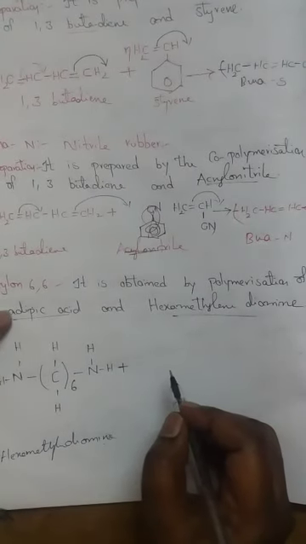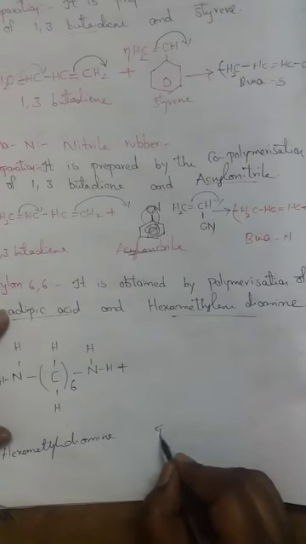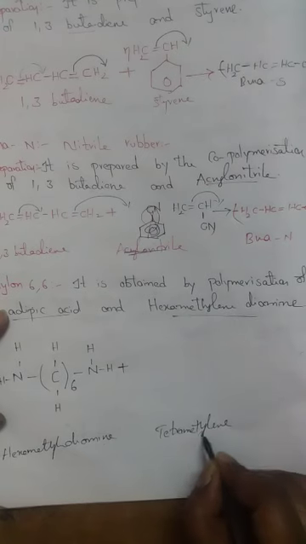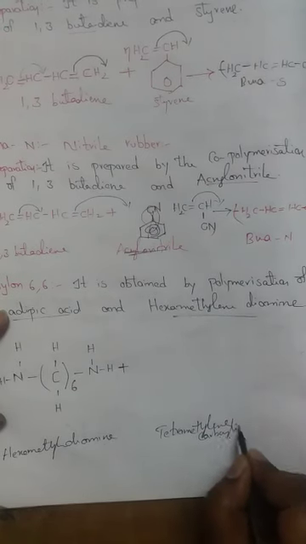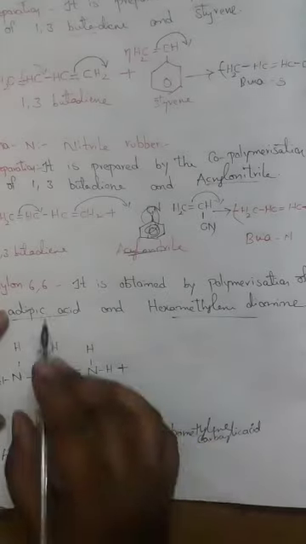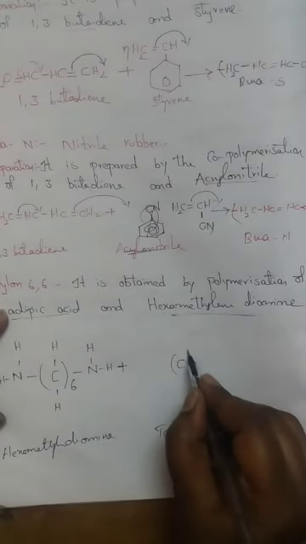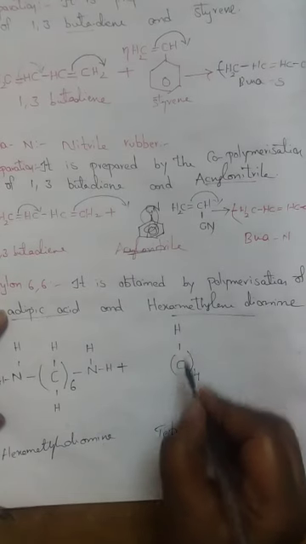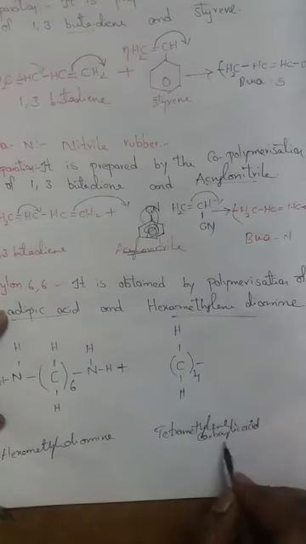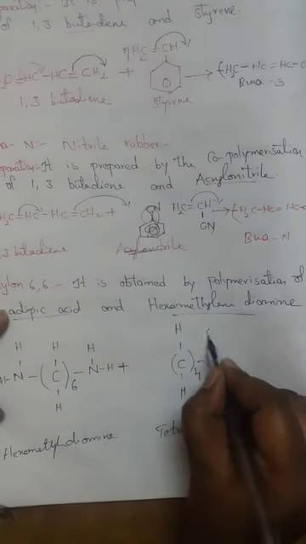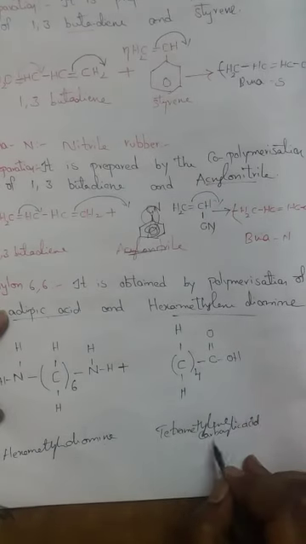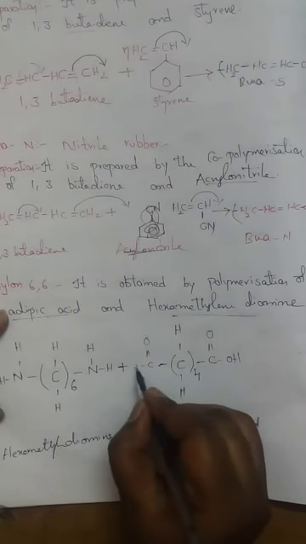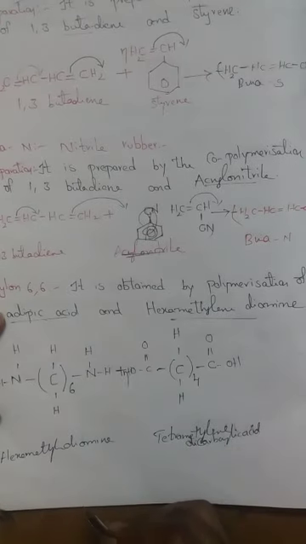And the next one is adipic acid. Another name of adipic acid is tetramethylene dicarboxylic acid. Tetra means carbon consisting of 4, methylene means CH2, already C is present, CH and H2, and carboxylic acid, so the formula is C double bond O OH. We have taken dicarboxylic acid, so another one, C double bond O OH. It is also a monomer.